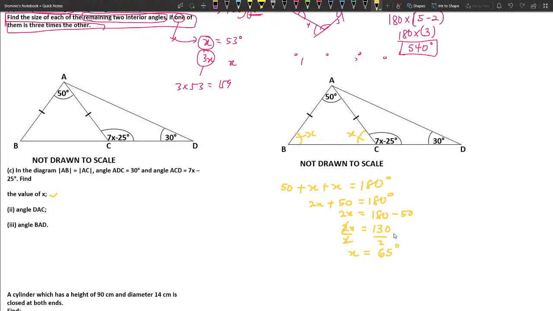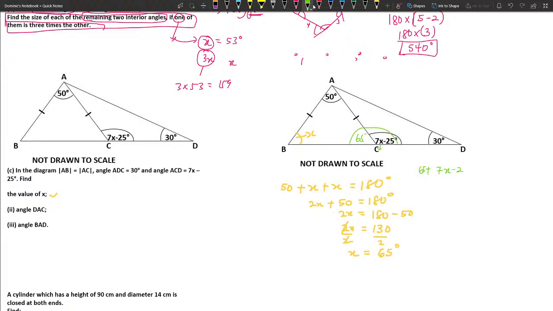So it means this side of the, let me clean it. This side will be equal to, let me change the color of the marker. This side will be equal to 65. If this side is equal to 65, then we can do supplementary angles in order to find the value of x. So that will be 65 plus what? This whole angle, this is 7x